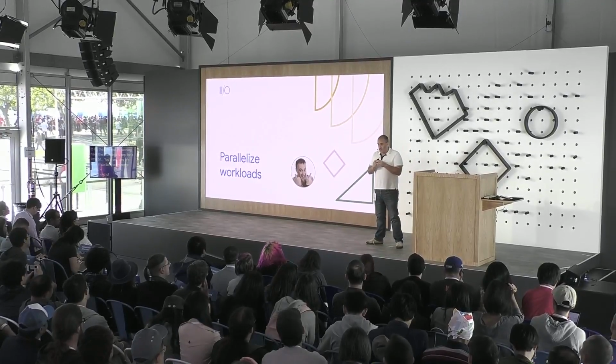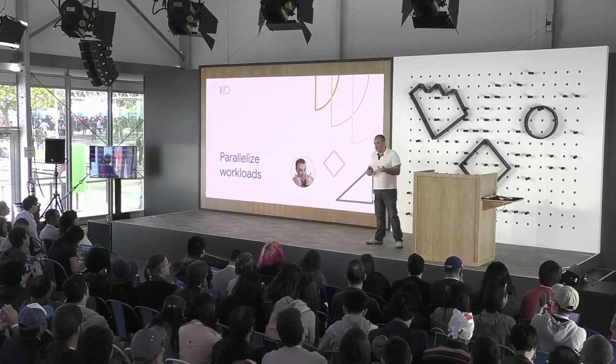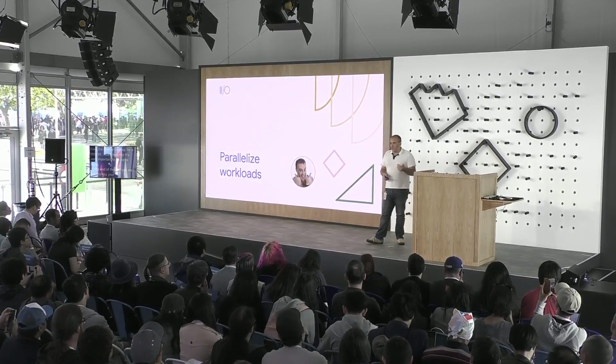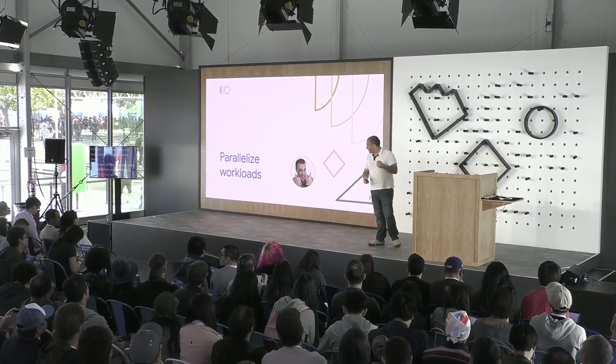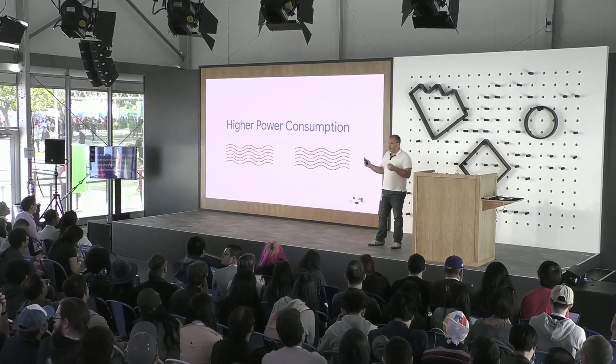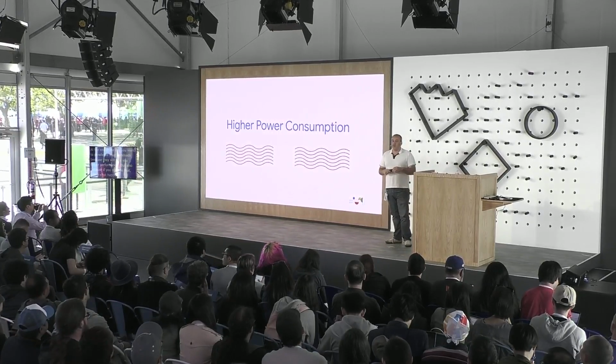At the end of the day, you want to parallelize your workloads, because they will give you better performance, but also because if you don't do that, that's what happens: higher power consumption. That's a direct consequence of having 1 single thread that does everything. It means that you're going to consume more power, you're going to drain the battery much faster,